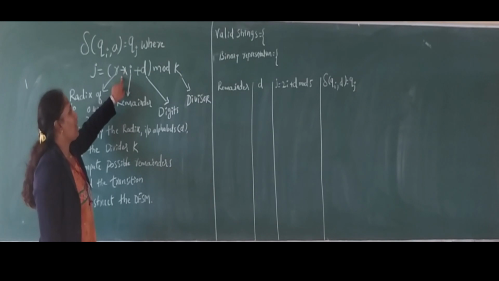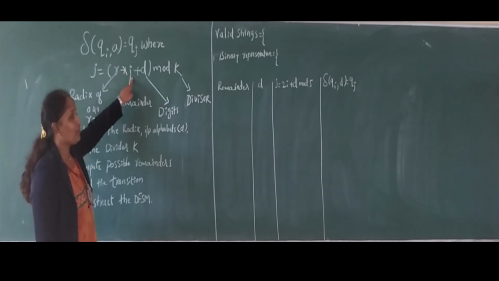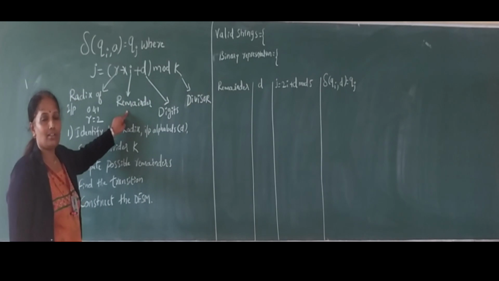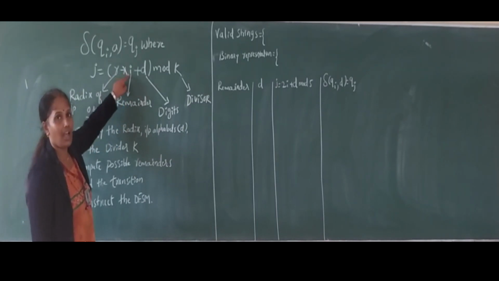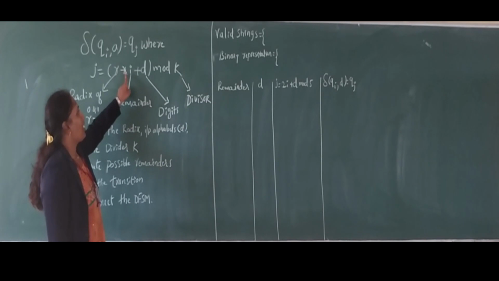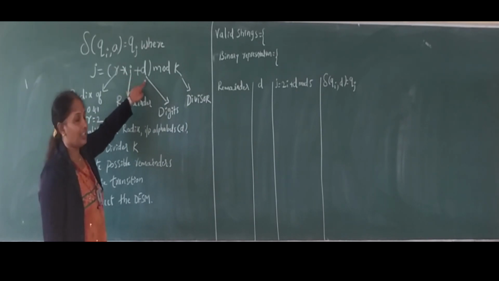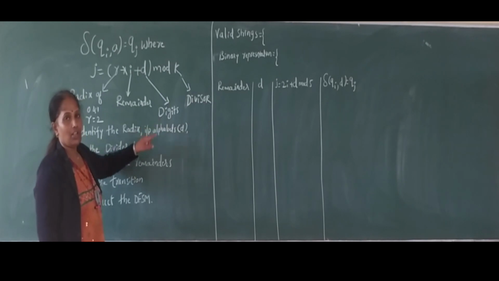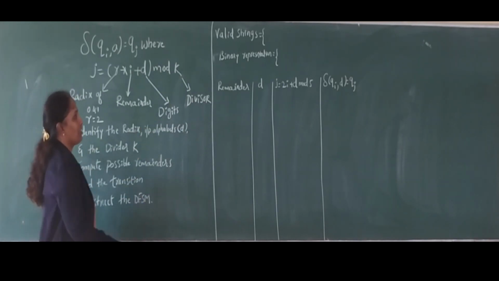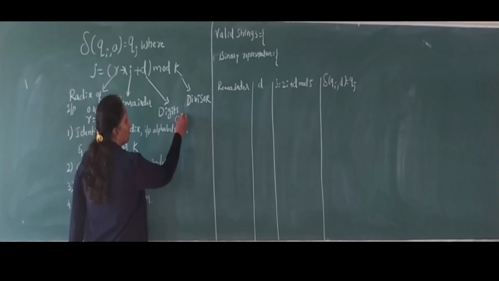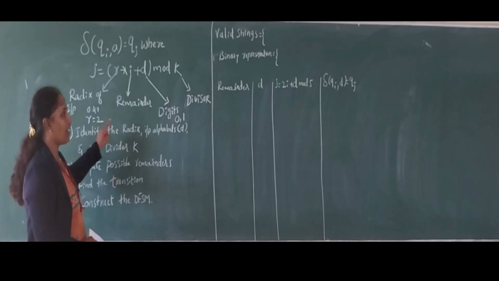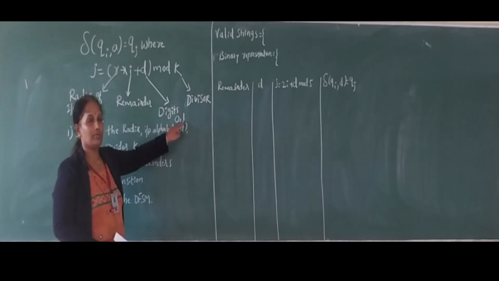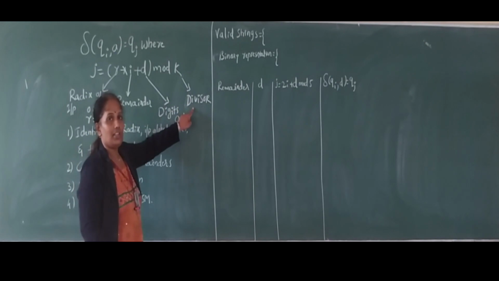Next, that R value you are going to multiply with the i value. i indicates the remainder after dividing by the k value, whatever remainder you get is represented by this i. Next, R into i is added with the d. So d indicates a digit here. If I consider binary numbers, then d value equals what? 0 and 1 are the d values. Where radix is 2 because the numbers are base 2, and digits are 0 and 1. And k indicates here the divisor.